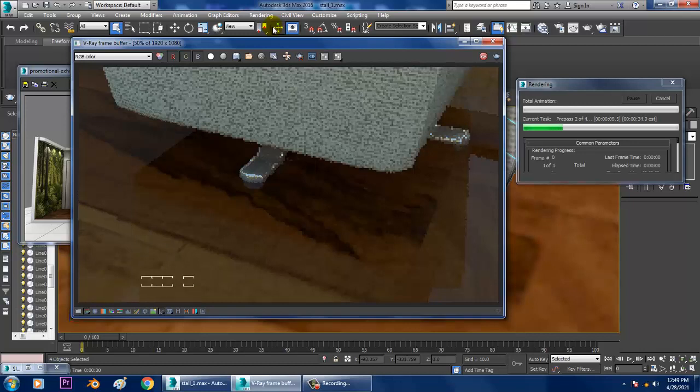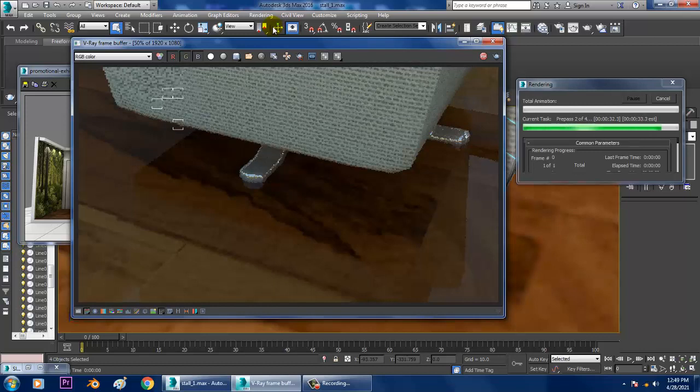So it takes a bit of time. We are just checking how much the reflectivity is over there. So it's taking a bit of time. We'll come to know.